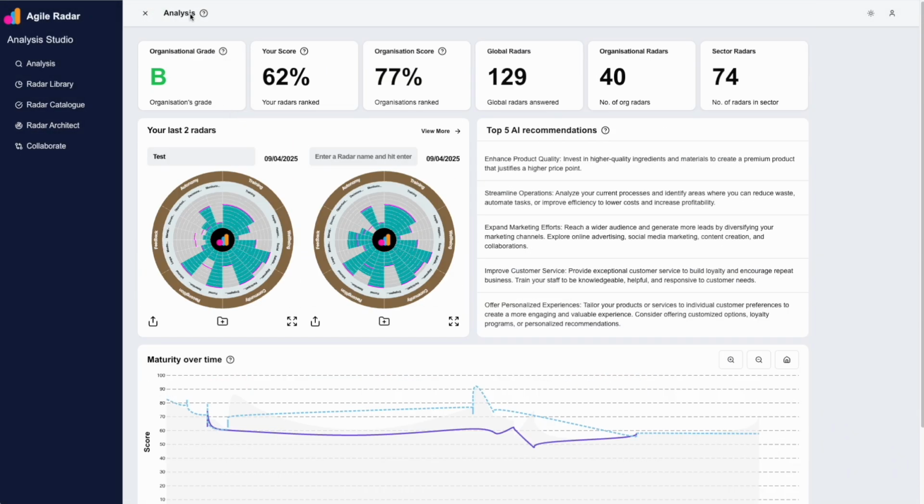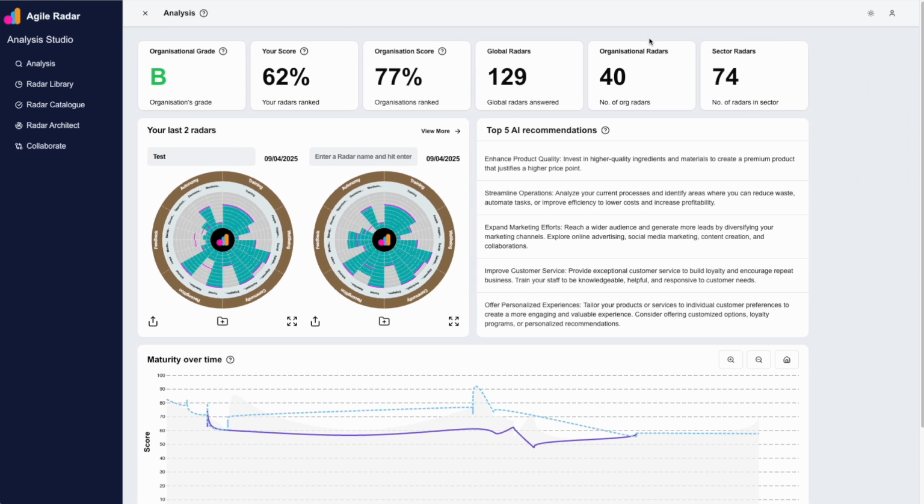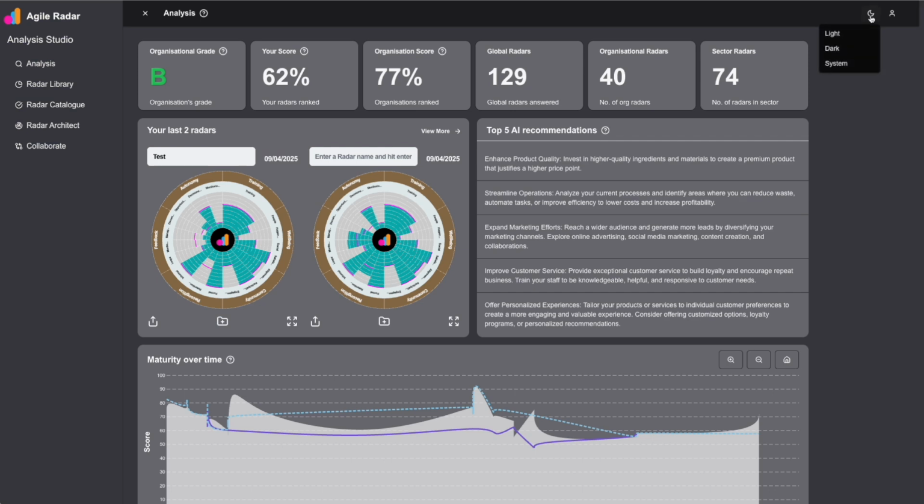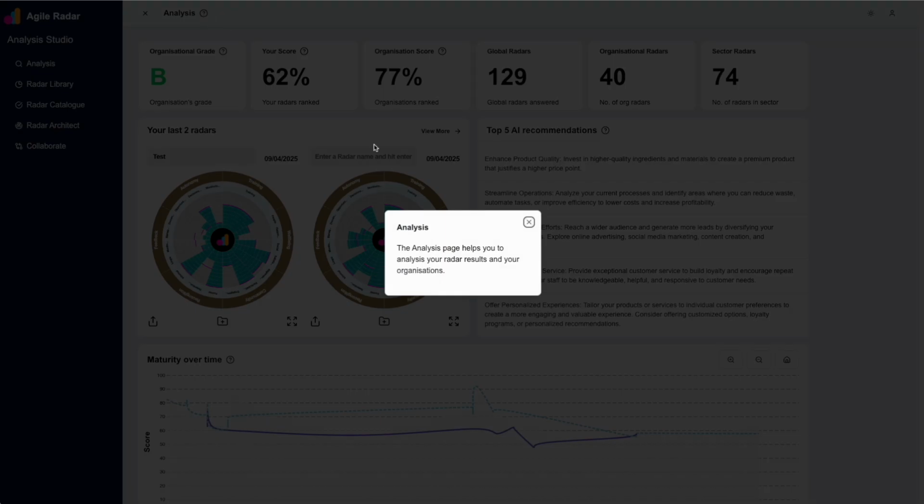Let me quickly walk you through the basics. See this menu? You can collapse it to give yourself more screen real estate. We also have different color modes, light, dark, and system, so you can choose what's easiest on your eyes. And if you ever need help, just click on the question mark icon next to any feature for quick tips